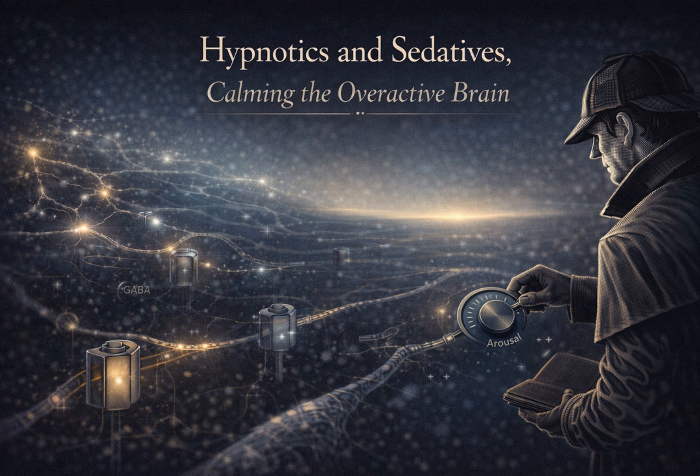Enzyme induction. This is the other big reason barbiturates fell out of favor. A drug like phenobarbital is a potent inducer of hepatic enzymes. It revs up the liver's machinery. It actually causes the liver to synthesize more CYP enzymes. So if you're taking phenobarbital regularly, your liver becomes this hyper-efficient drug processing plant. And that's bad because it starts chewing up other drugs you're taking much faster than normal.